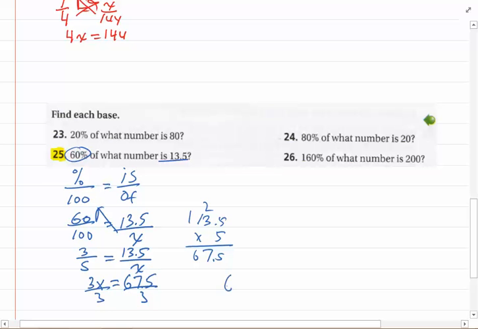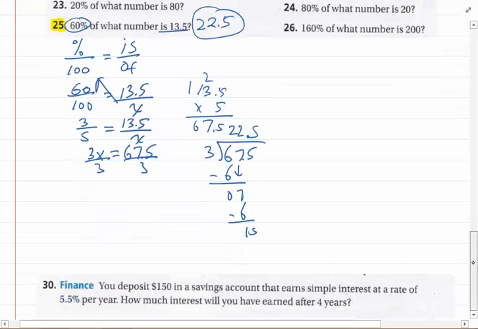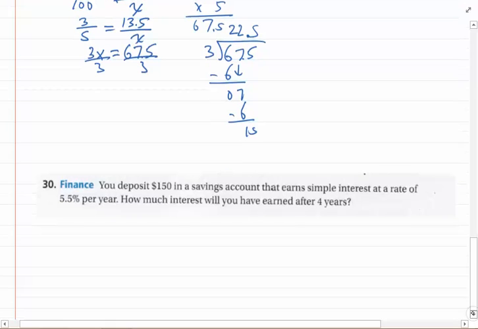You're going to get 67.5 divided by 3. 2 goes right there. 6. 0. 7 comes down. 2 again. 5. The answer is 22.5, or 60% of 22.5 is 13.5. That is number 25. Let's continue on to number 30, and we're looking at